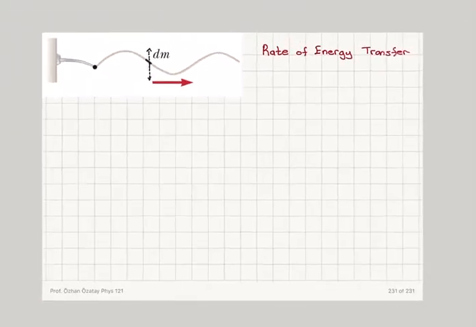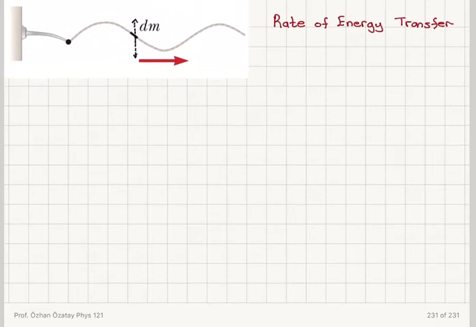And why is this performing simple harmonic motion? Because we have an external agent that's the source of energy, providing energy into the system. By moving up and down, creating these sinusoidal waves, it is doing work on the string elements. So because I have this motion, a simple harmonic motion,